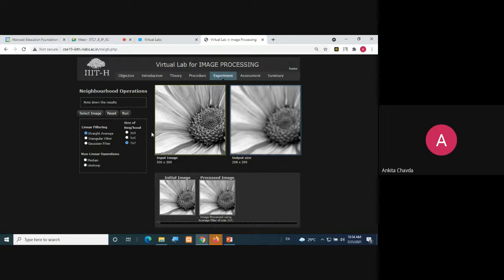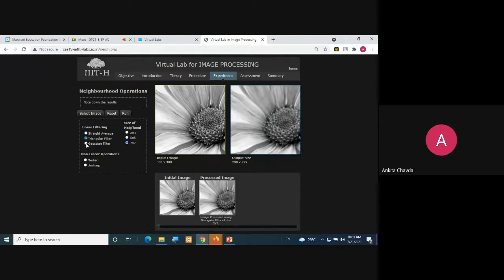That is why you have seen, no, 7 cross 7 is a much blurred image. If you try with 5 cross 5, reasonably okay. If you choose 3 cross 3, much better, right? So always choose 3 cross 3. Now you can choose this triangular filter, run this. You have a better result than the previous in 3 cross 3, right? 5 cross 5, of course, blurred one. 7 cross 7, much blurred, right?